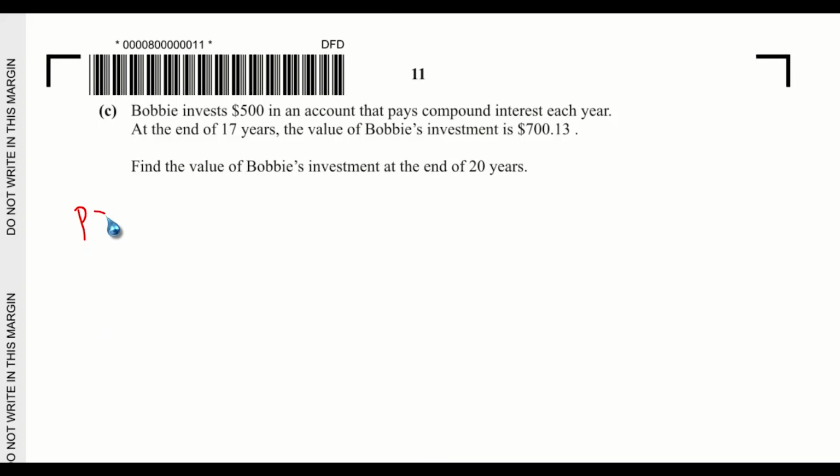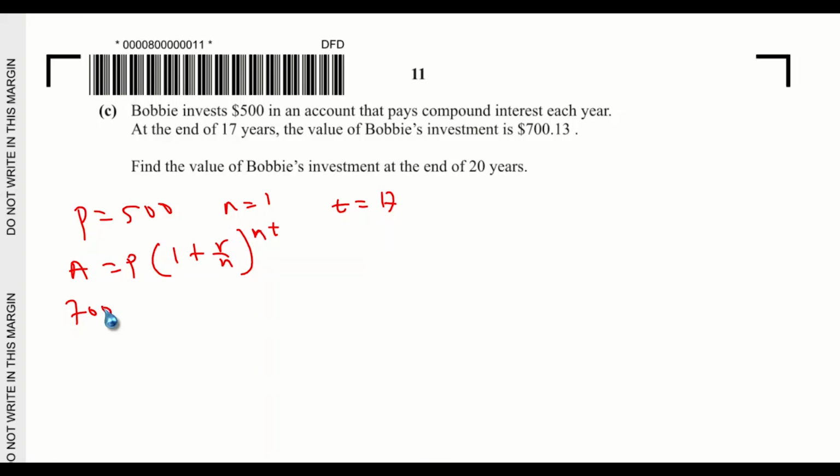Okay, so here, P is equal to 500. The number of times interest is paid in a year is 1, so n equals 1. Then T is equal to 17 for now. So we can actually use the formula for amount. That is, amount is equal to the principal, into bracket of 1 plus the rate over n, all raised to n times the time. If you substitute the values here, you have 700 to be equal to 500 times